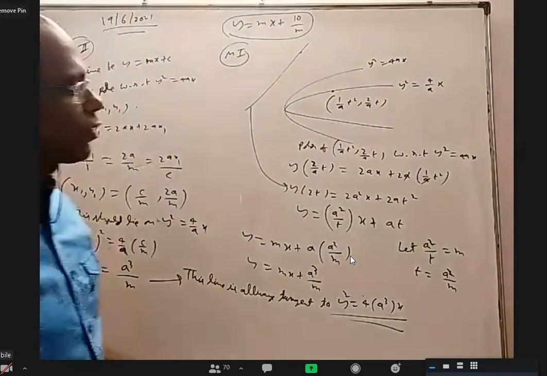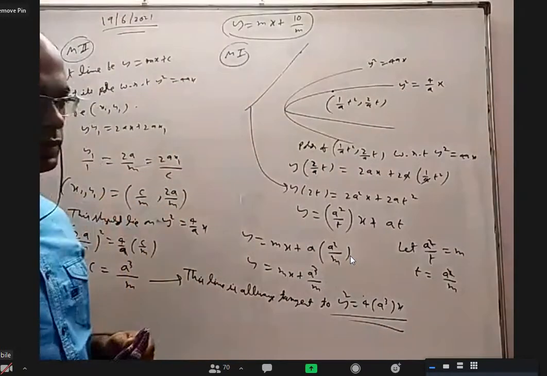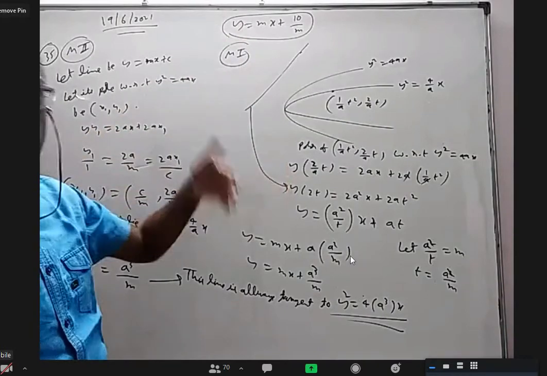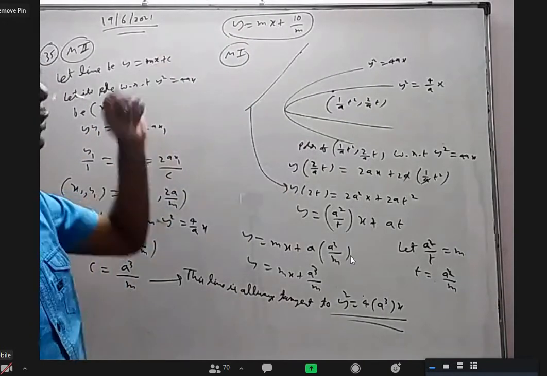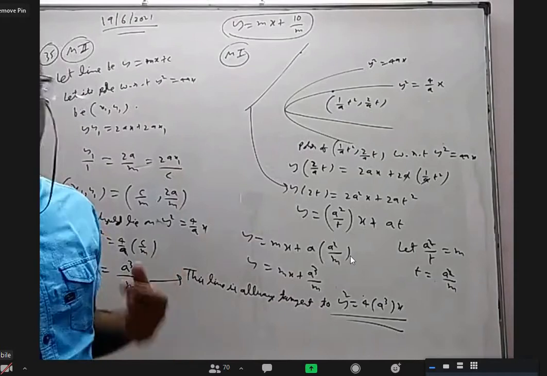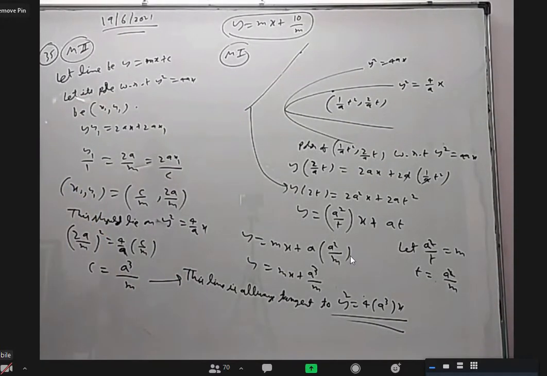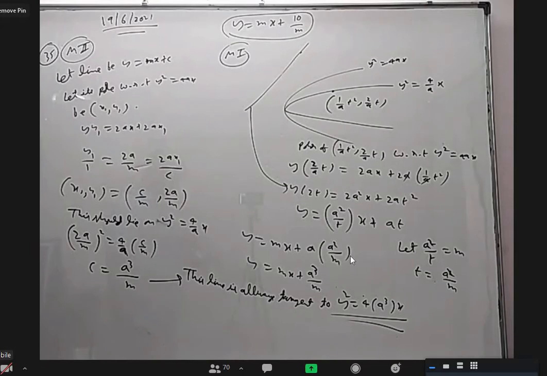What if you have not studied the parabola chapter, let us say, but you take m equal to 1, m equal to 2, m equal to 3, m equal to 4, you will get a lot of lines. All those lines are touching one curve. What is that curve I want to find? Without the parabola chapter, we'll get the same answer. Let us see if somebody thinks about it. I might have told this in first year, not sure.